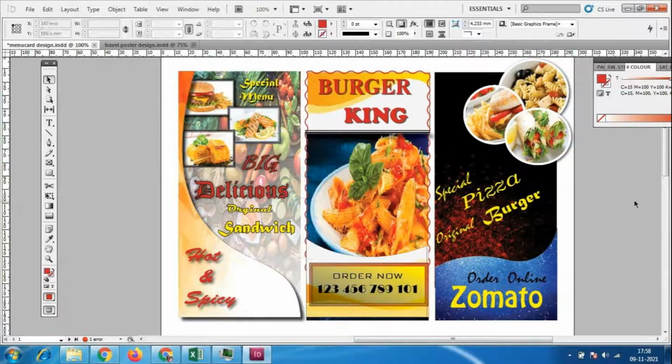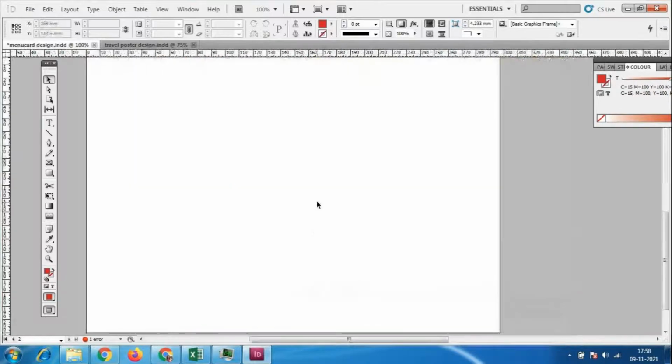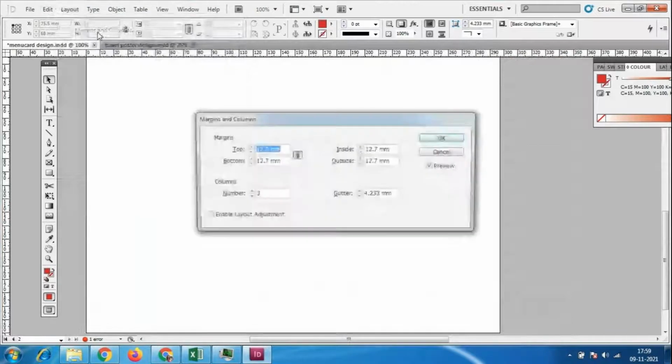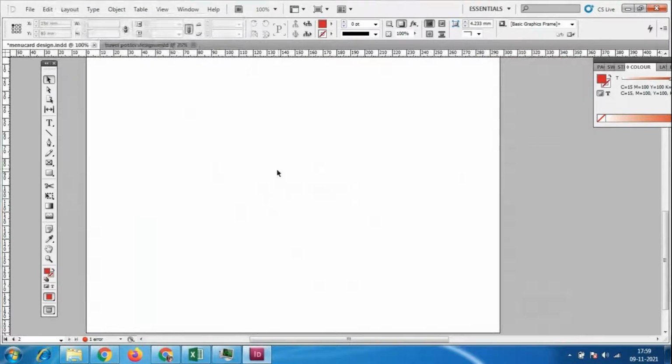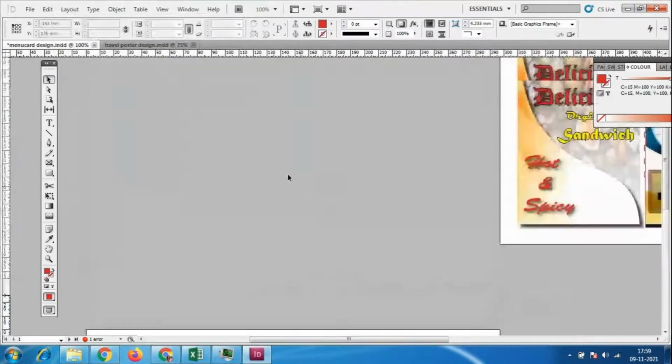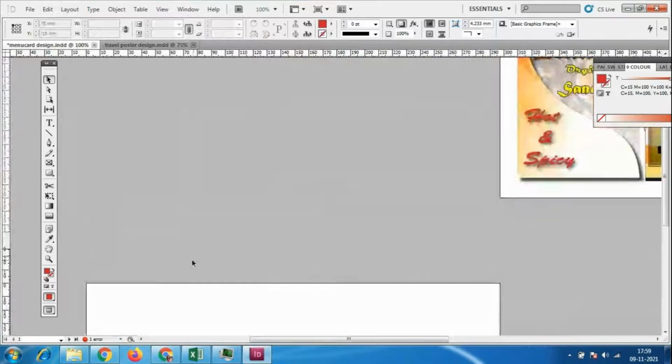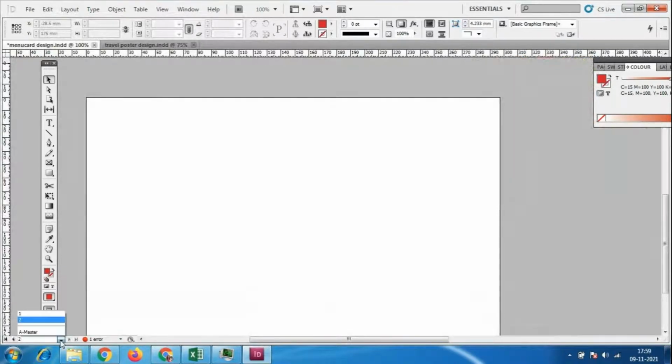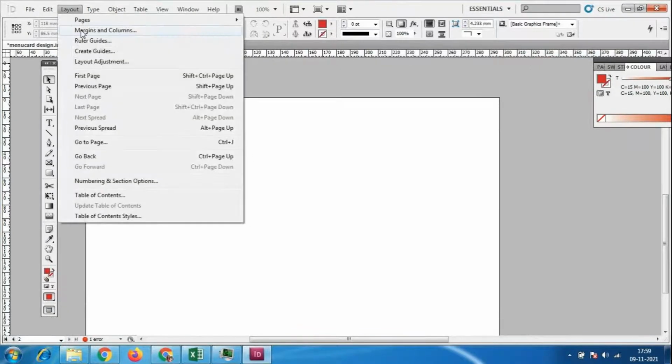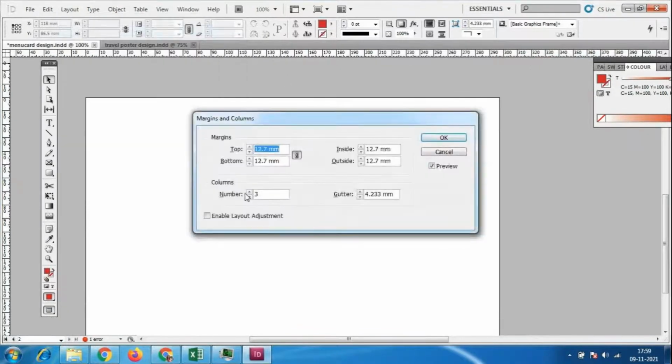Okay, so here I have to add the columns. So what I'll do, I'll go to layout, margins and columns. Three columns I'm going to add, which is adding for this only. Let me check which is selected, the second page. So layout, margins and columns. Let me check.